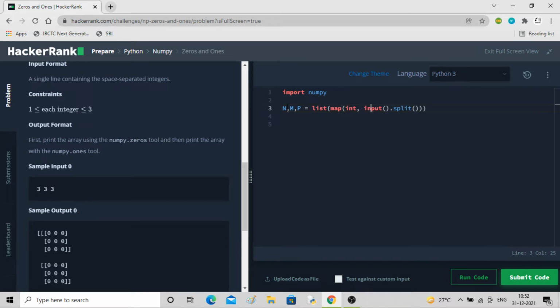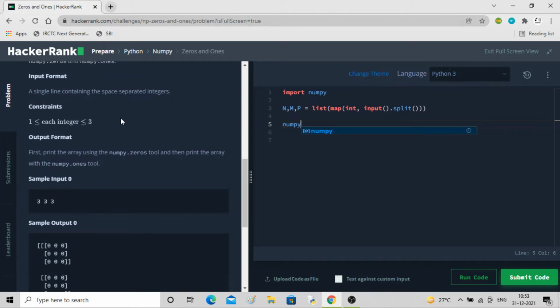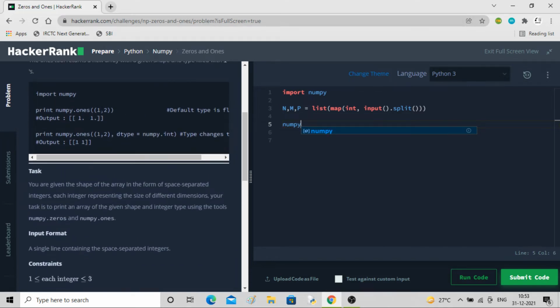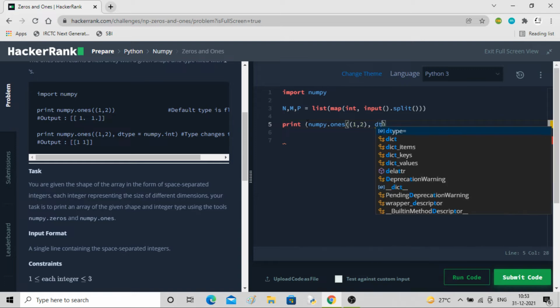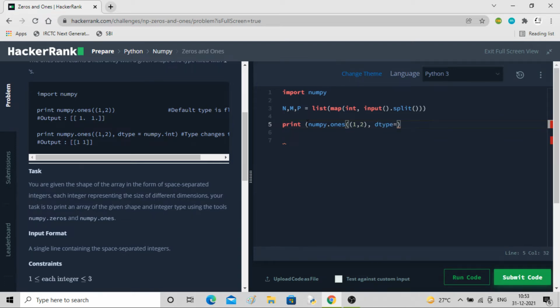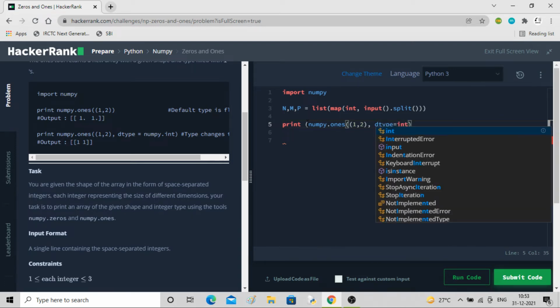This is the way we will take the dimensions, and I'll print the zeros and ones. I'll take this, copy it, numpy.ones, and we also have to give the data type: dtype equal to numpy.int.